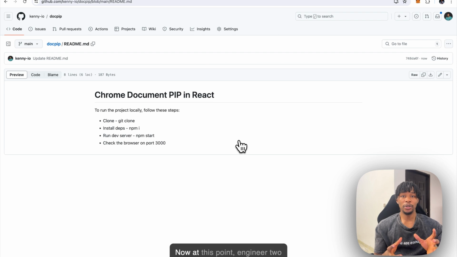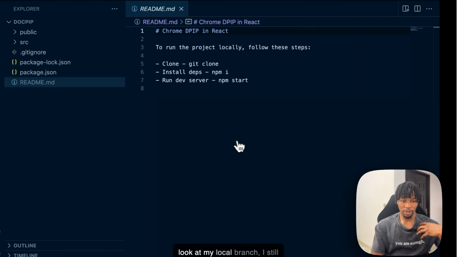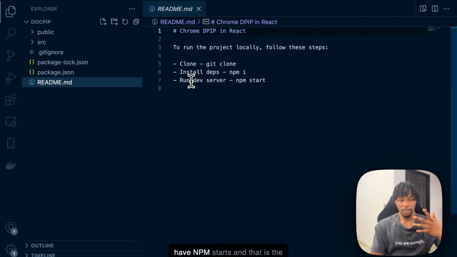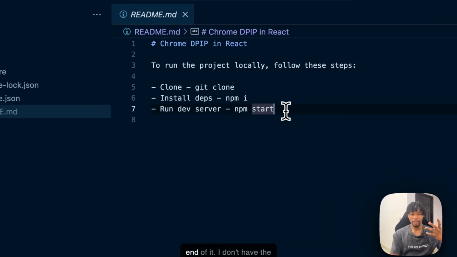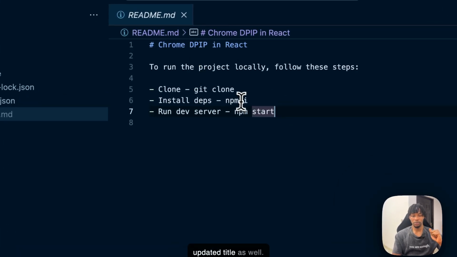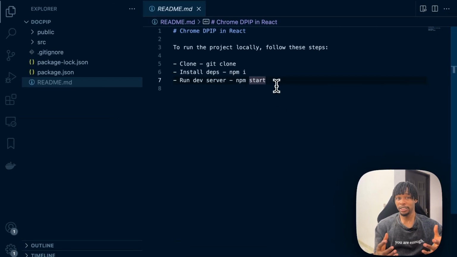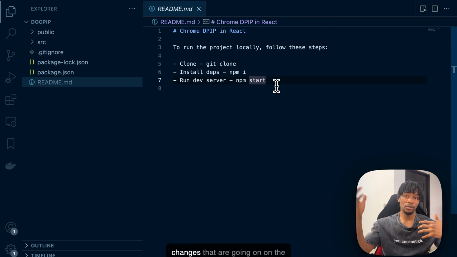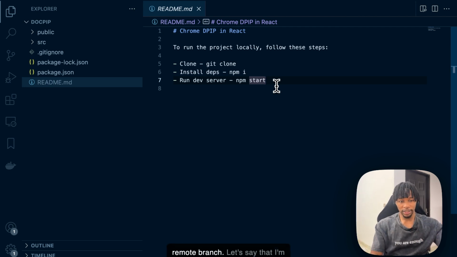Awesome. Now, at this point, engineer 2 has pushed changes into the origin branch that I do not have on my own branch locally. If you look at my local branch, I still have npm start, and that is the end of it. I don't have the updated title either. And usually you are not aware of the changes that are going on in the remote branch. So let's say that I'm just doing my own thing here, and I decide to add a new line as well, and I say